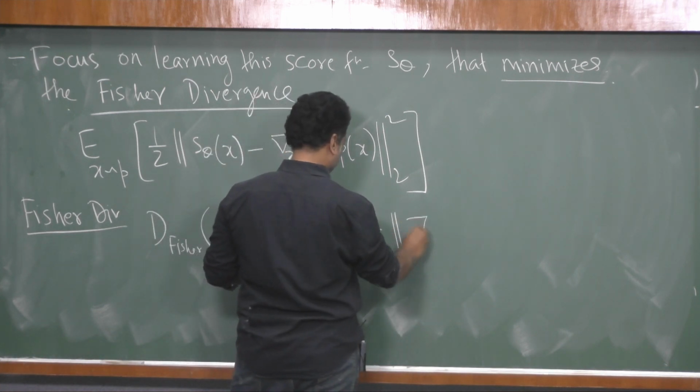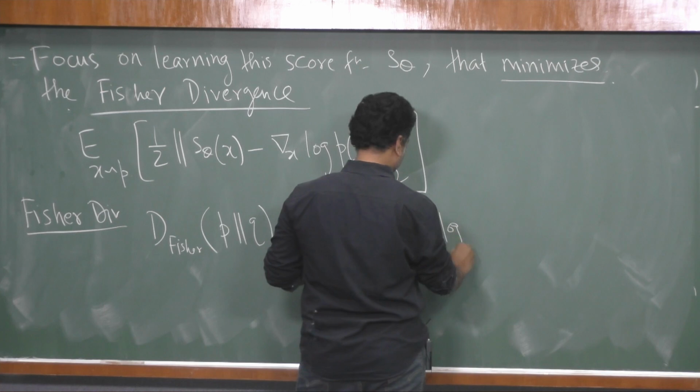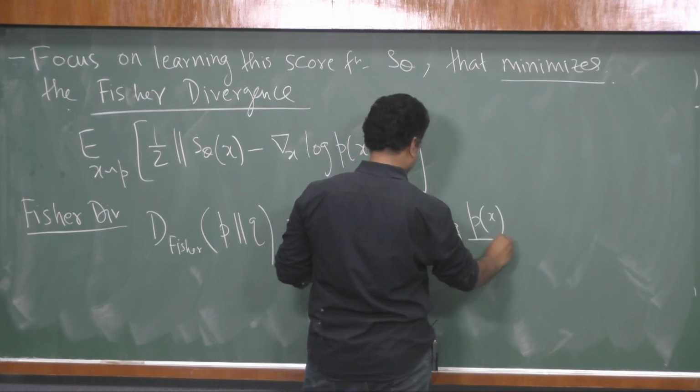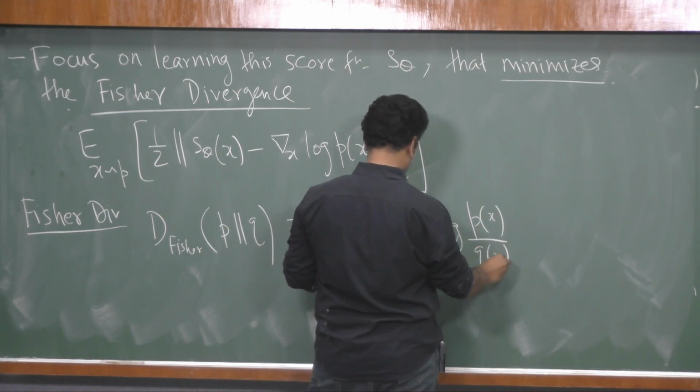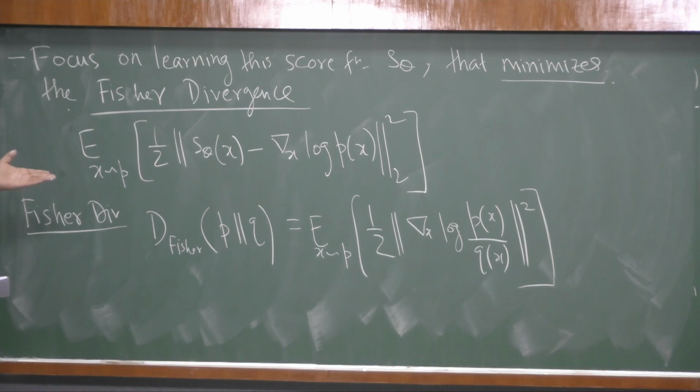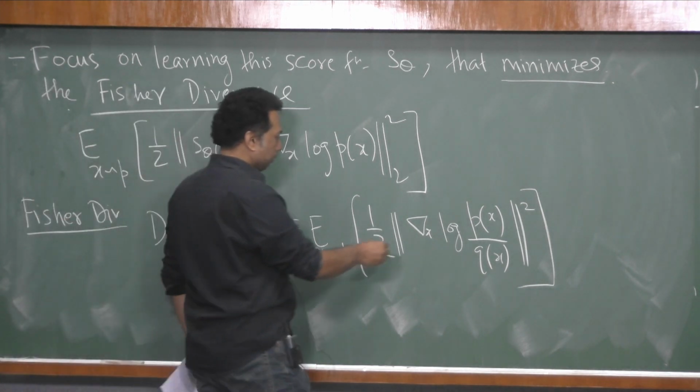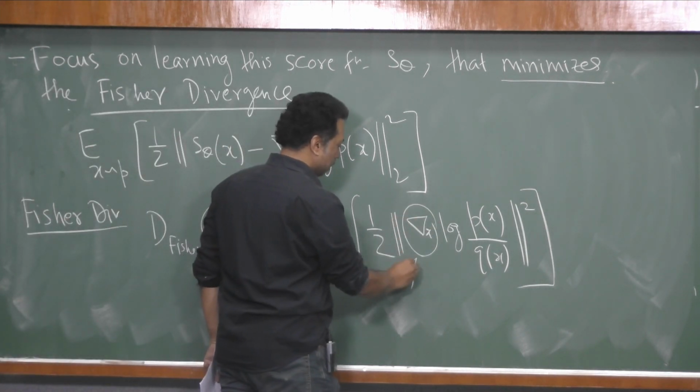Half of grad x log of px by qx. As you can see, this is KL. Okay, so this is KL divergence, but the log was already there. The gradient is there. So it's like the gradient is somehow inserted, right? So it's analogous to